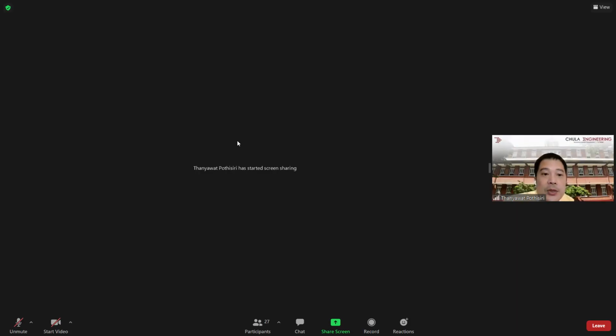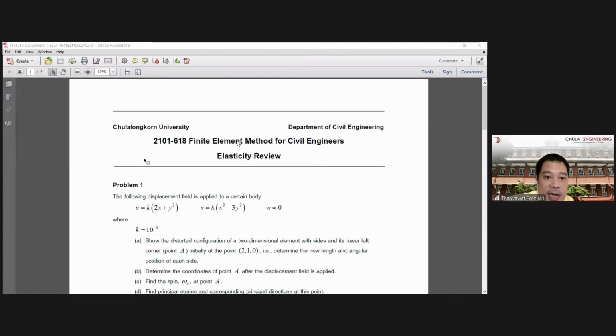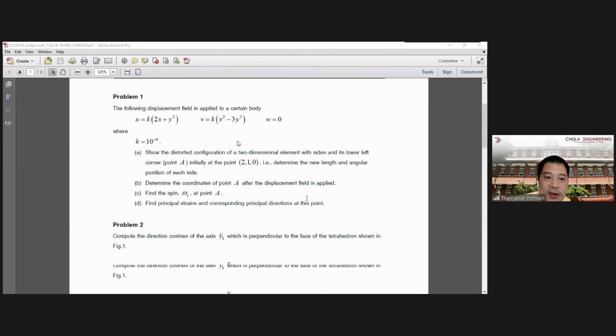Okay, so let me go through our first assignment a little bit. In our first assignment, which has also been uploaded in CourseVille, so you can take a look later on, we have 5 problems. Okay, the first one gives you a displacement field. So these are displacement functions in the x, y, and z directions. Okay, so the problem asks you